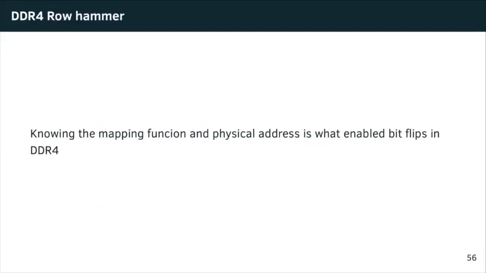There is a very interesting application here. It was once thought that only DDR3 RAM was vulnerable to the row hammer problem because testing it did not turn up any bit flips. Turns out that DDR4 is much more resilient to row hammer, but it doesn't rule it out. However, knowing the mapping function, we could, as the first team, do bit flips in DDR4 RAM because we could very efficiently target a row. We know the exact neighbors, and we could just start looking for them instead of looking for stuff in the entire memory. And this is what enabled us to do the first bit flips in DDR4 RAM.